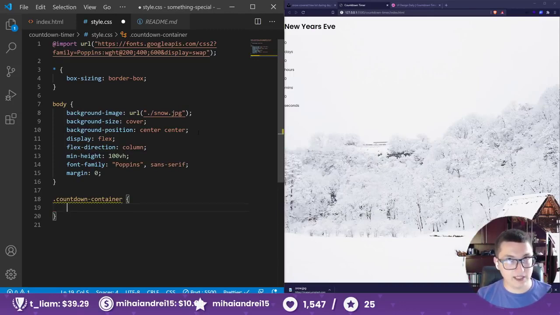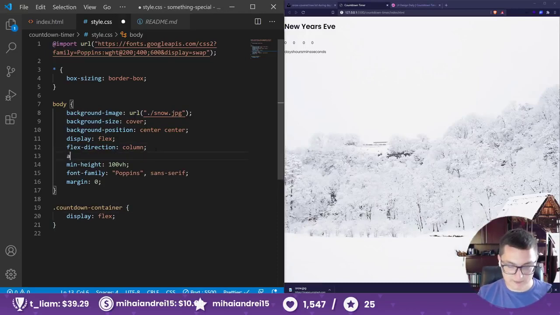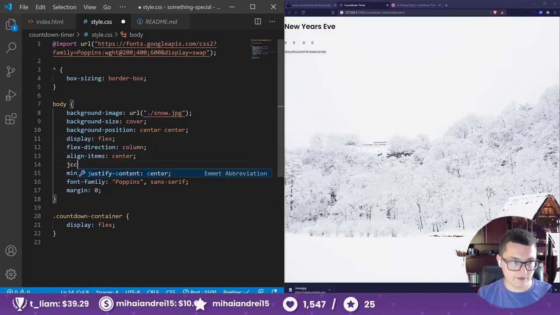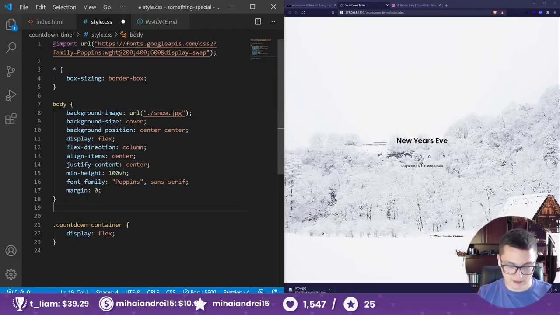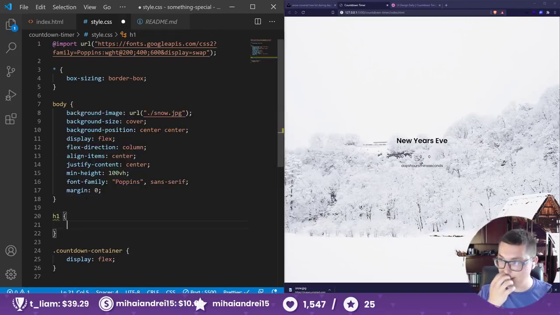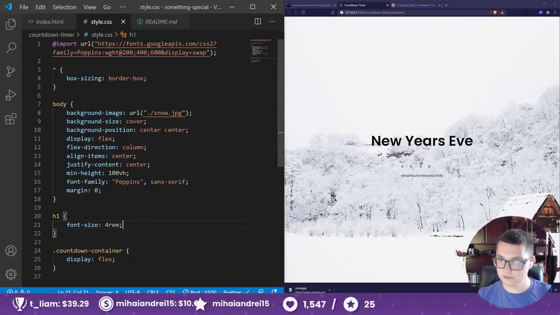Okay, countdown container. We also want this to be display flex, like that. Flex direction column. Let's align it to center. Justify content center. Now it's in the middle of the screen. And H1, let's make it font size 4 rem. Yeah, something like this. Although now that I'm thinking,